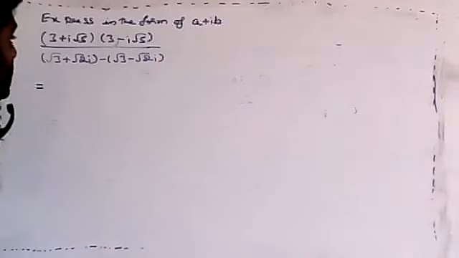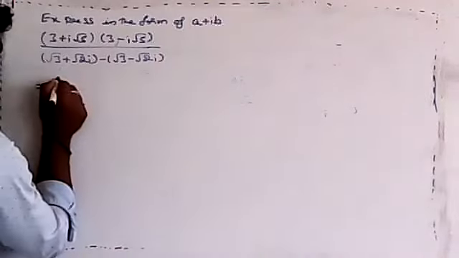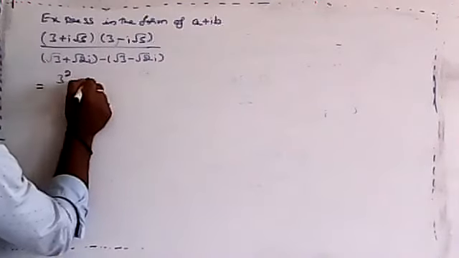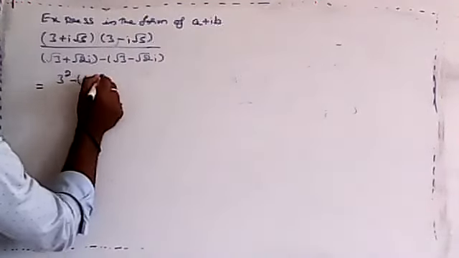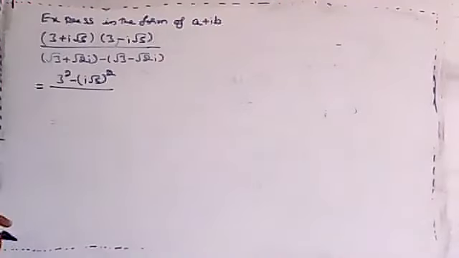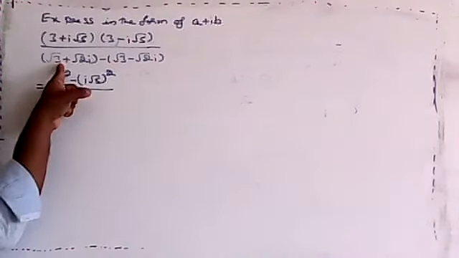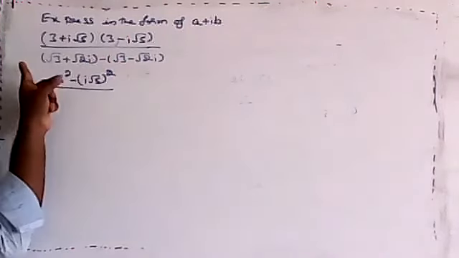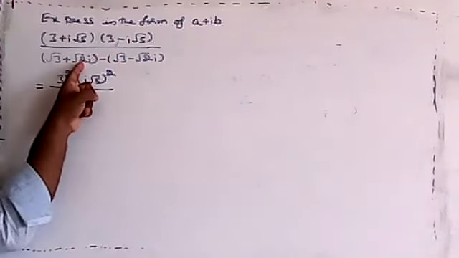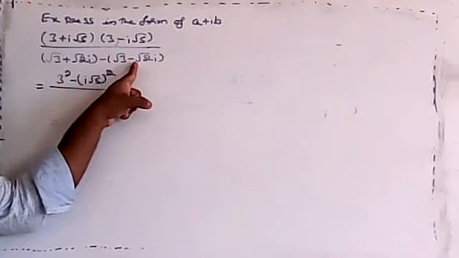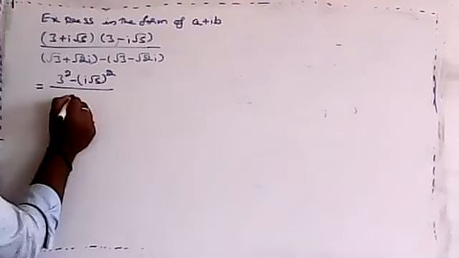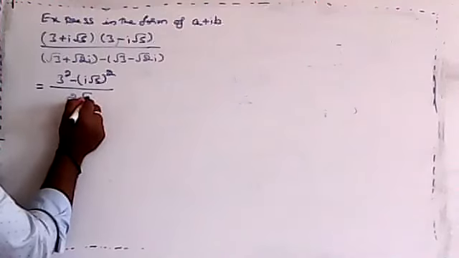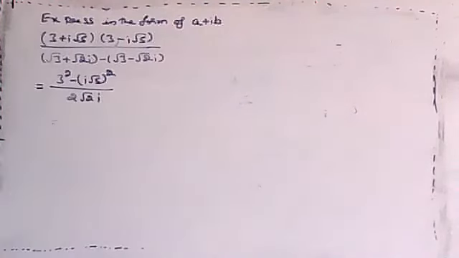Yes, good, Prithvi, that is a square minus b square, no? A plus b into a minus b. That is 3 square minus I root 5 the whole square. Okay. Whatever the denominator value we get, see here, minus is there, no? When I multiplied minus root 3 I'll get, so root 3 and root 3 get cancelled. Next you check root 2I. Here minus into minus is plus root 2I. That is nothing but what? 2 times of root 2I. Correct?